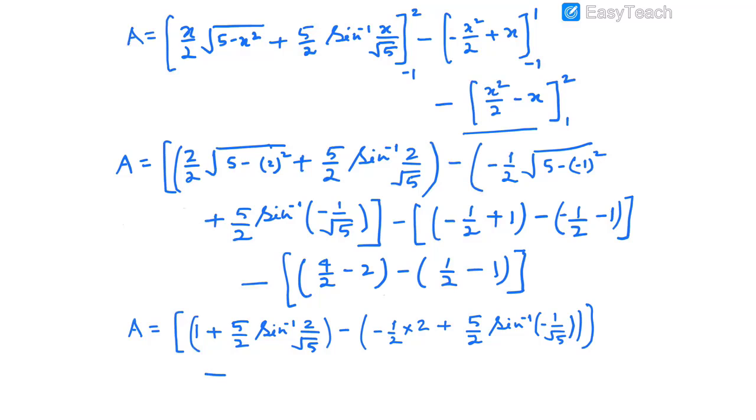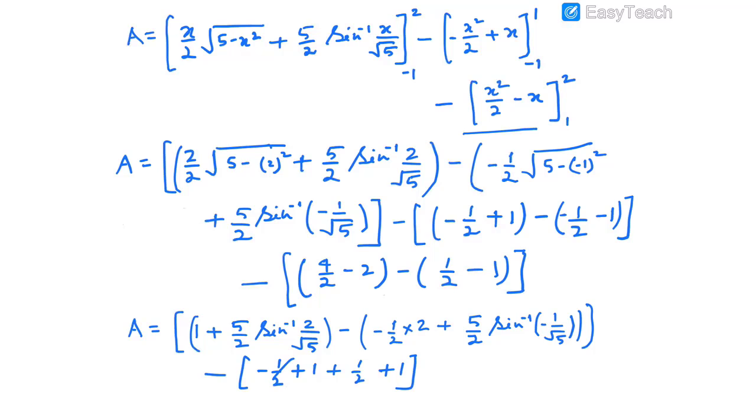And the second term is minus of minus 1 by 2 plus 1 plus 1 by 2 plus 1,